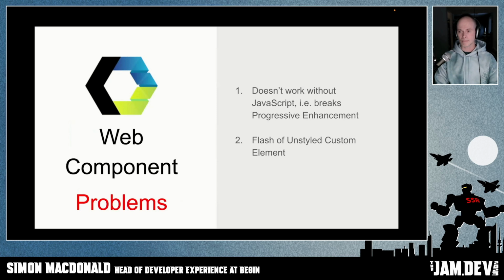And the other thing is, again, the way that browsers work is first you load the HTML, you load the CSS, then the JavaScript. So if you have a tag there that is your custom element, your web component, until that JavaScript is loaded and parsed and executed, it won't know how to display that custom element. So you'll get this kind of white box, and then it will flash into what it actually should look like. And that's called the flash of unstyled custom element.